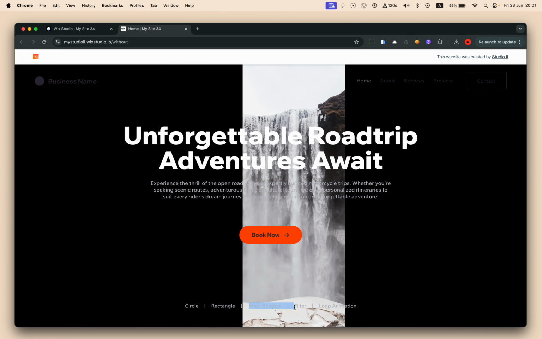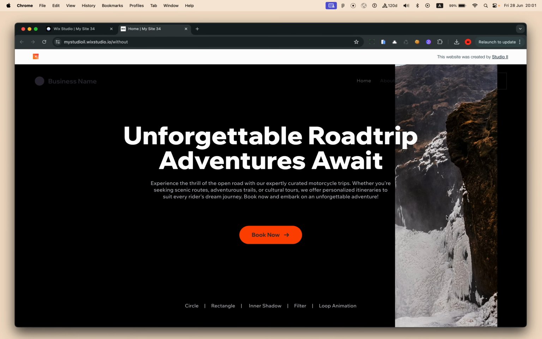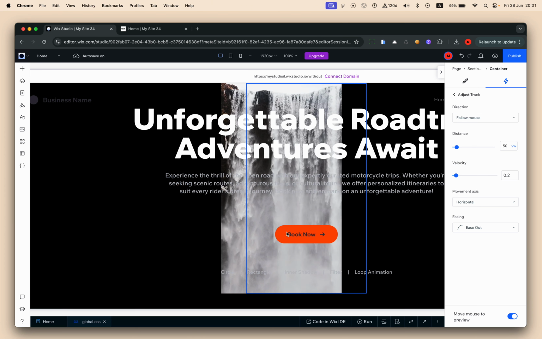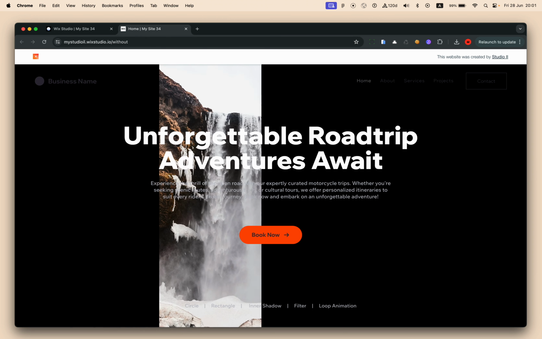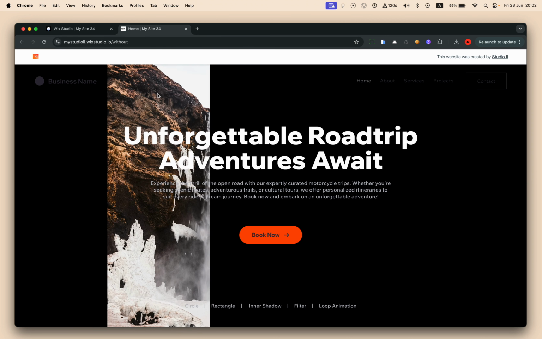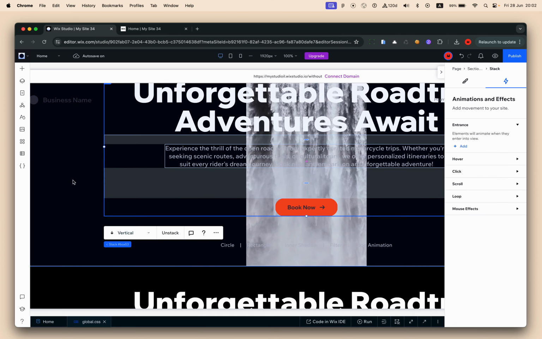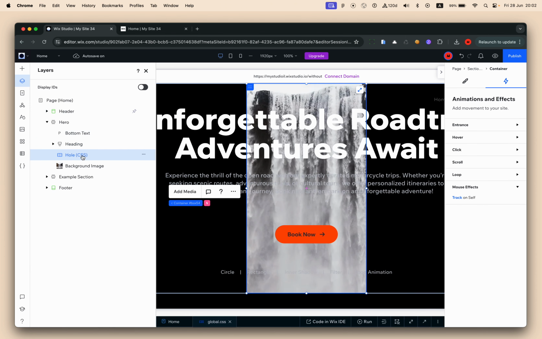Now let's talk about inner shadow. Imagine that you want to have some depth. Maybe it's more related to the circle, but let's do it anyway. So the issue is that we already used drop shadow on this container, and we cannot have it twice. So the easiest solution, and this is why I used a container, basically I can use different elements to create the same behavior, is